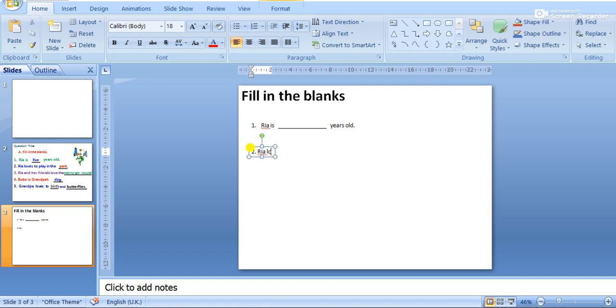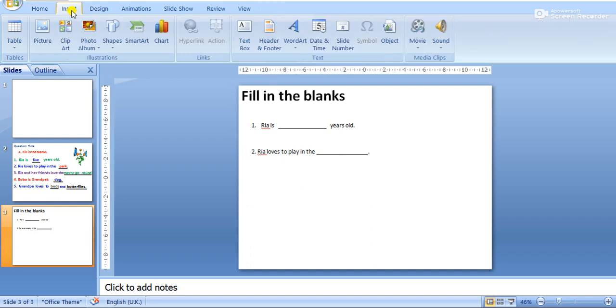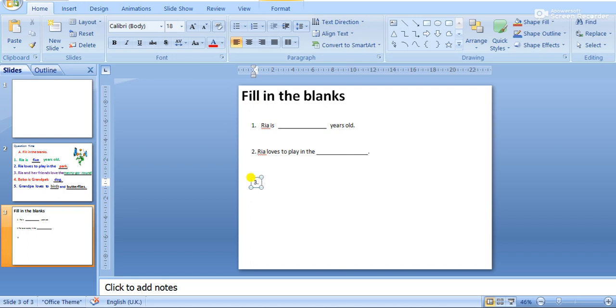Ria loves to play in the dash, full stop. Okay, again insert text box. I'm using a separate text box for each one because I want each fill in the blank to have a different color to make it colorful.